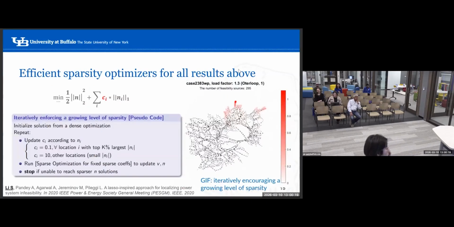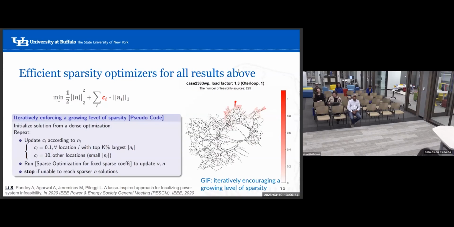So to address this, we are trying to build a new method. The key insight is that we make the coefficient not a scalar, but location specific. For each location, it has its own coefficient. So we do not rely on making the solution sparse by making the coefficient very high. Instead, we try to encourage a sparse solution by making those coefficients very different across the different locations. So unevenness promotes sparsity.